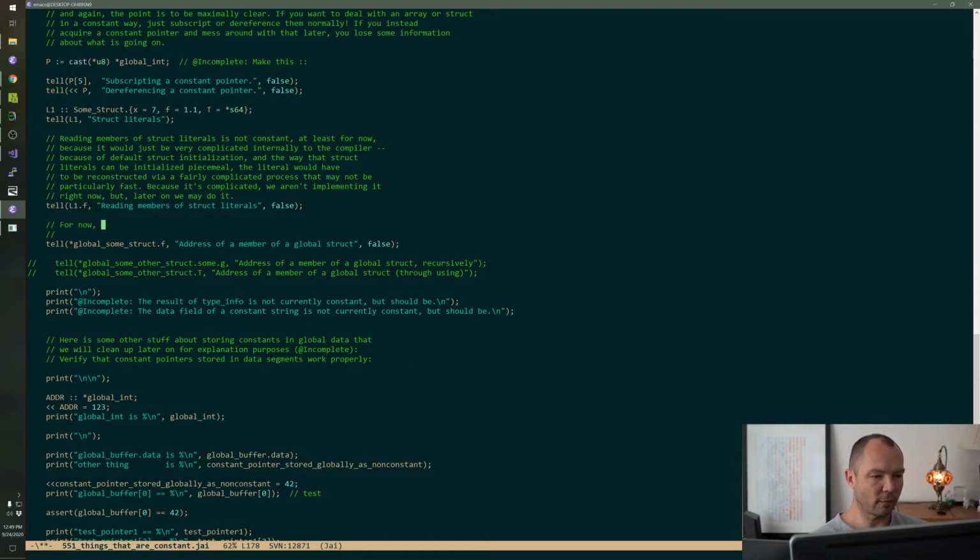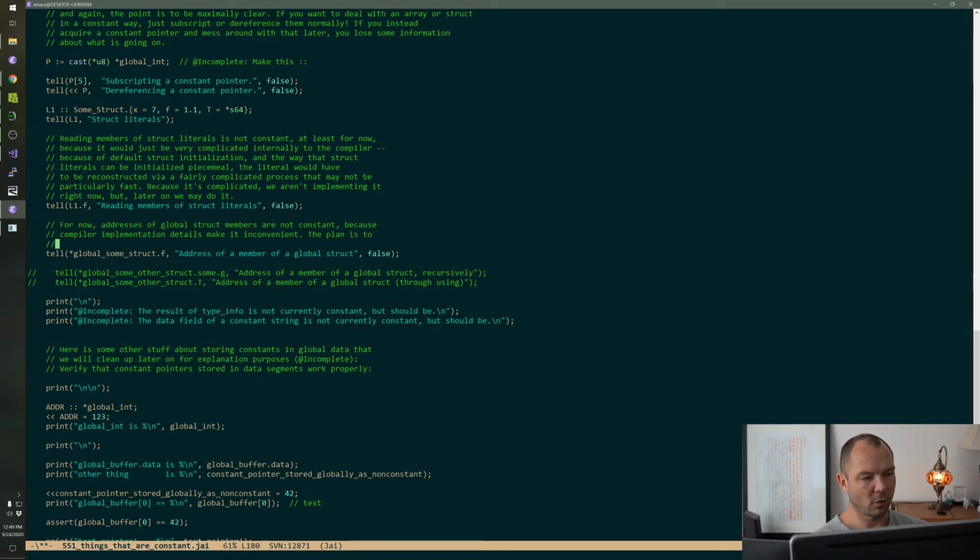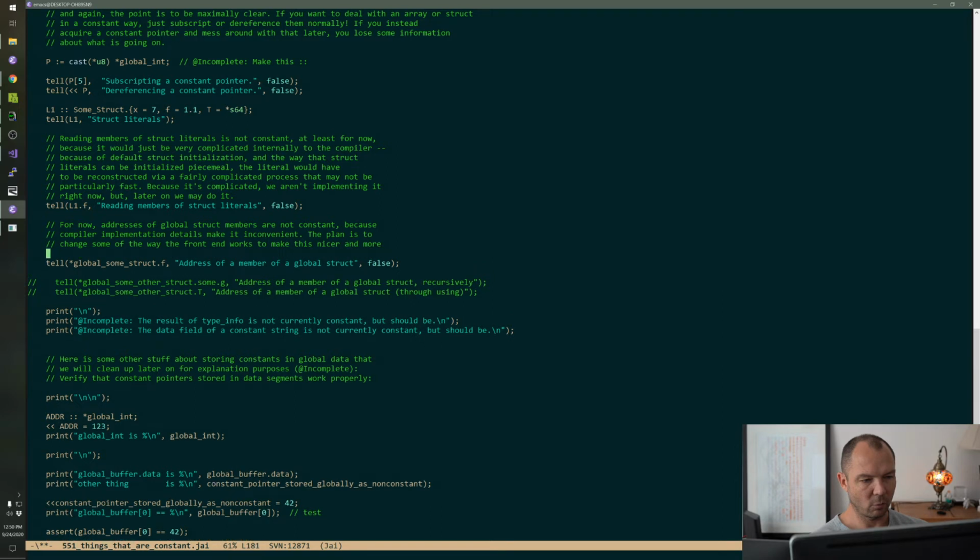For now, addresses of struct members are not constant because compiler implementation details make it inconvenient. The plan is to change some of the way the front end works to make this nicer and more natural language.